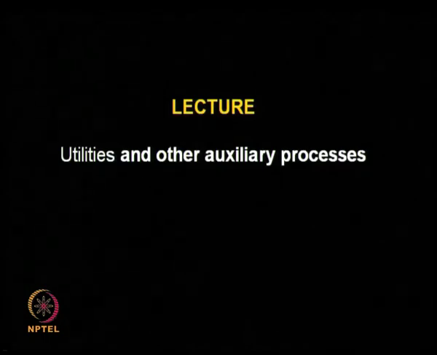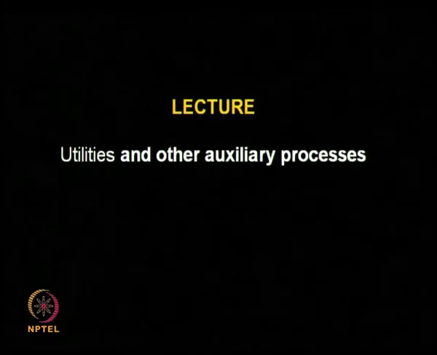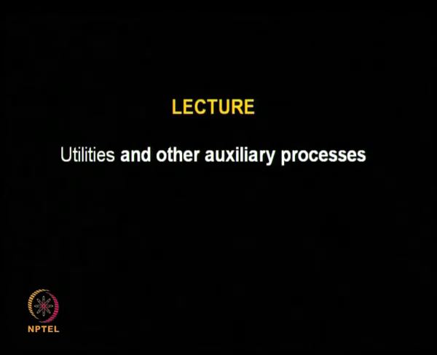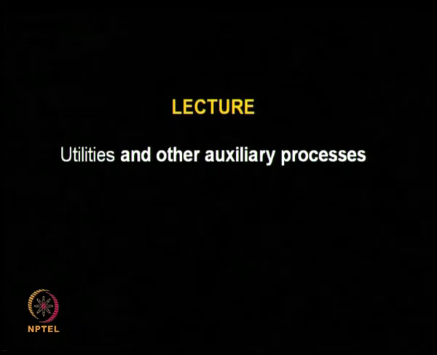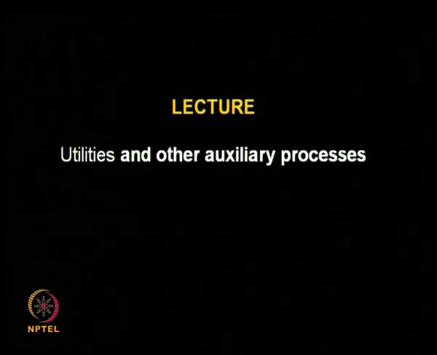So we talked quite a lot about stabilization. Now let us go to another topic that is called the utilities and other auxiliary processes. See, a bioprocess manufacturing plant does not only contain a bioreactor or a fermenter and downstream, but it also contains a lot of auxiliary material in storage vessels,